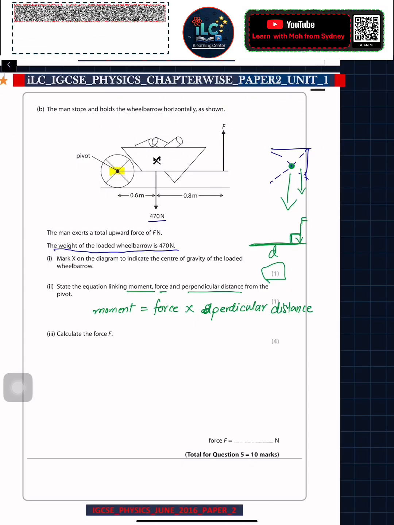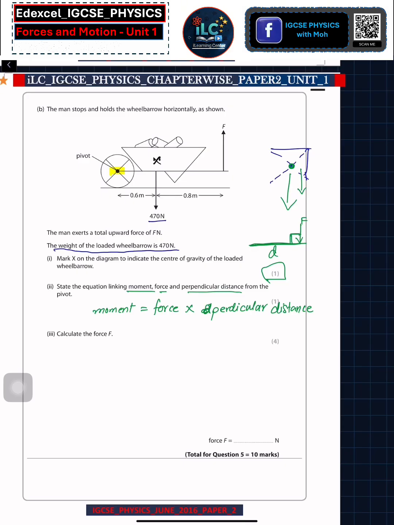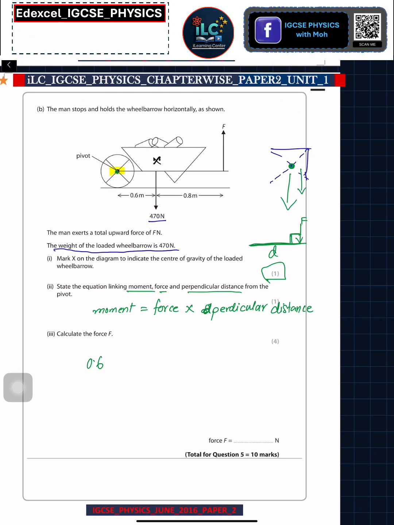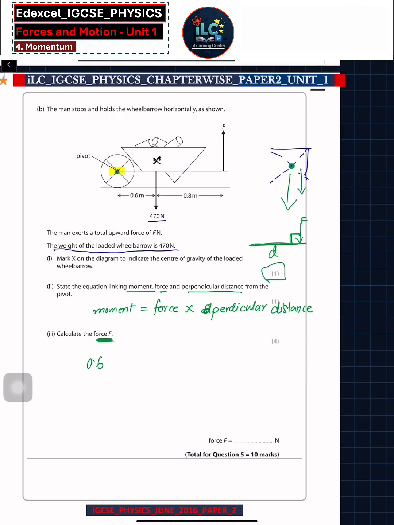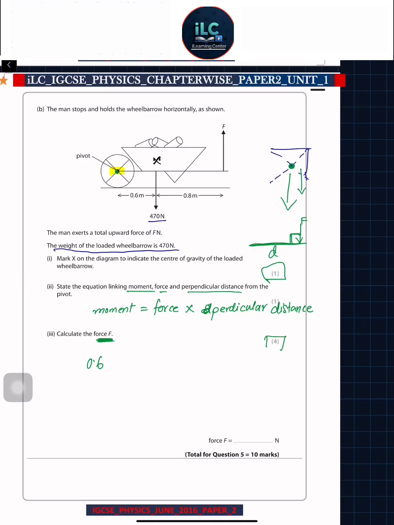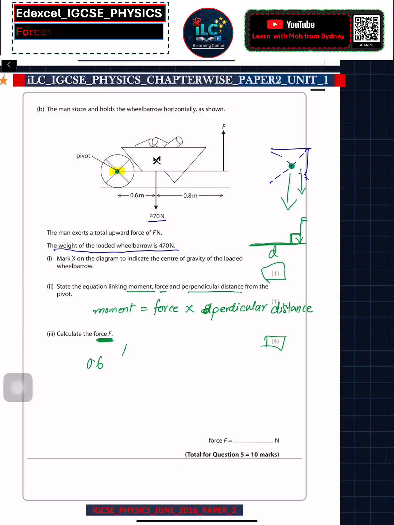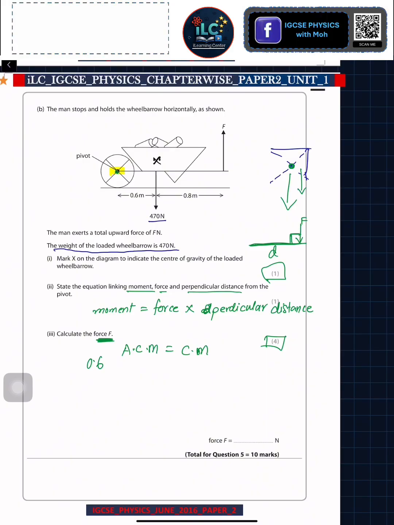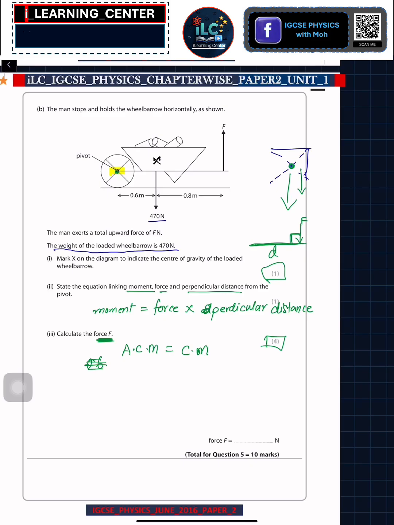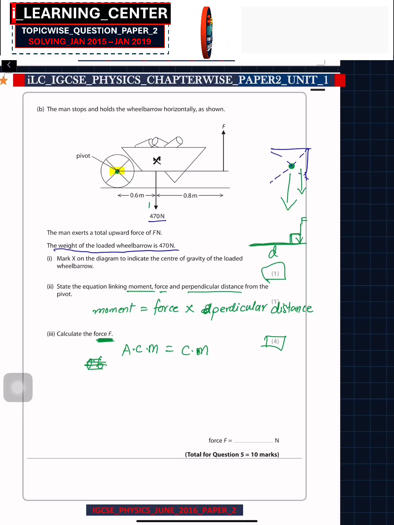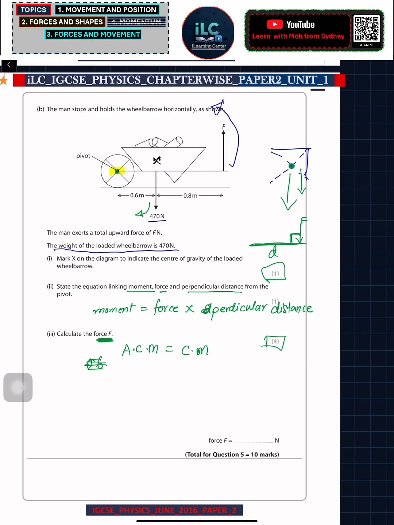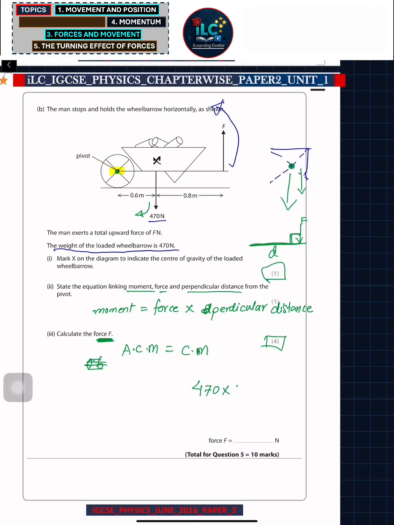Now calculate the force F. So here we can say that this is the pivot here, so I can say 0.6. Okay, first, because we are calculating the force here and you just need to use the moment, we will use some concept, and that's why they have given you 4 marks. So we will say that anti-clockwise moment is basically equal to clockwise moment. So here we just have 2 examples, so we don't need to look very much at what is anti-clockwise, what is clockwise. I can just say that the turning effect that is being created by this is basically balanced by this force here. So I can say that, okay, I have a force in clockwise direction 470 times 0.6,